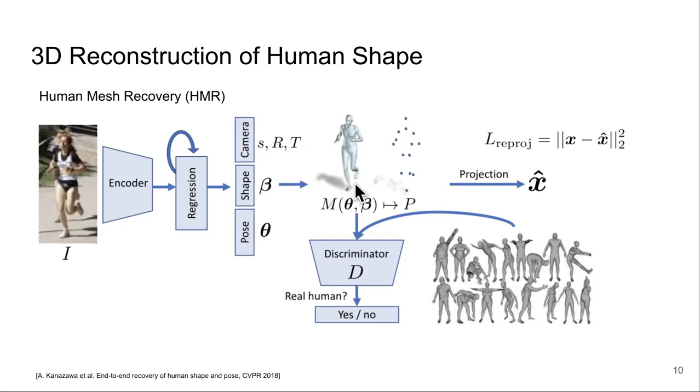The end result would be human body 3D points in the camera coordinate system. Then, in order to generate a mesh,